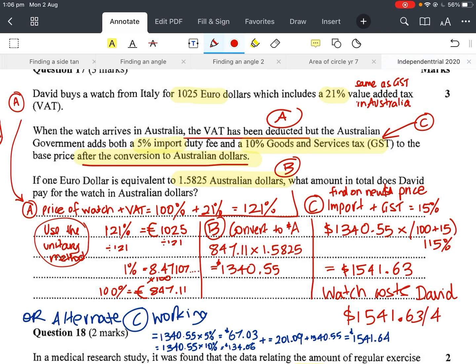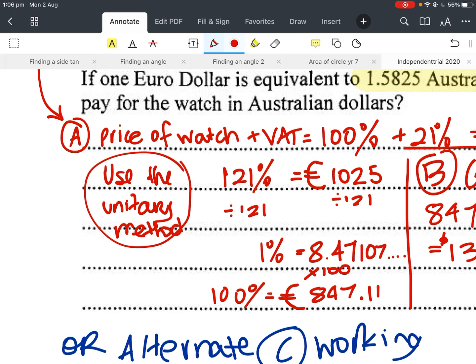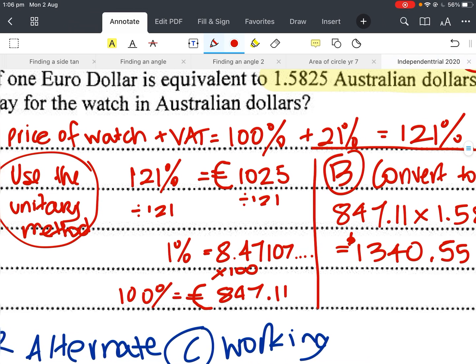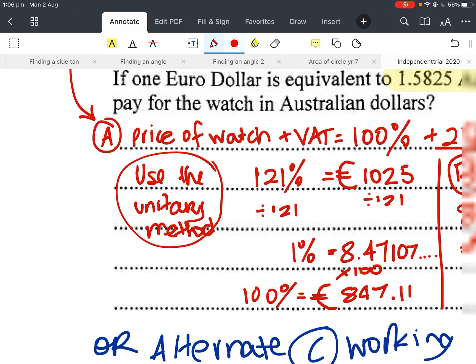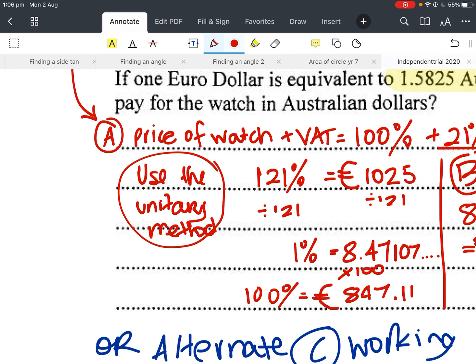Alright, so the first thing I needed to do was work out what was the price of the watch before the VAT was added. So I know VAT is 21%, so I added 21% to 100% and I got 121%. So then I did this bit of working out. I used what's called the unitary method, where 121% equals the €1,025. I divided both sides by 121 to work out what 1% was. That gave me